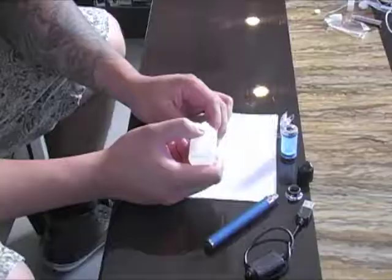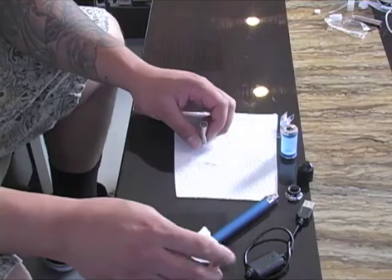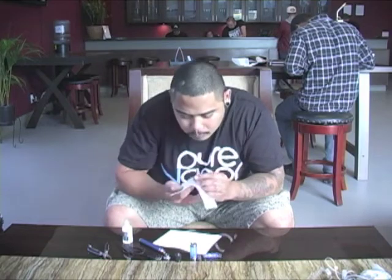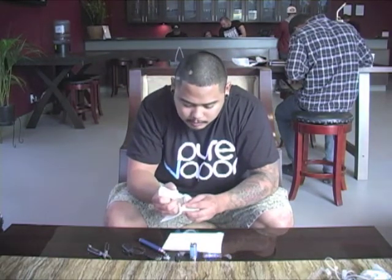See that hole dead center? You're not going to want to get juice in that center hole because it'll actually come out the back end. So what we're going to do is get our favorite juice and put 4 drops at a time, making sure we do not get it into the center hole of the cartomizer. And then we're actually going to blow on it like a whistle. And then we're going to keep on repeating this process until the cartomizer is lightly saturated from the very top